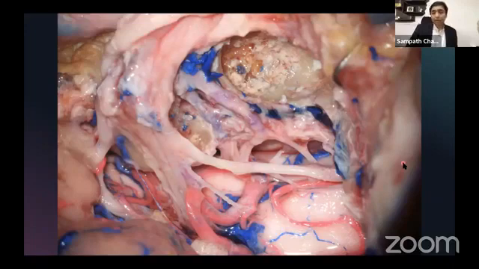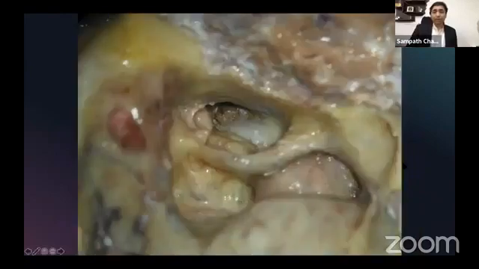Now you look at this picture here. So this is the cochlea, isn't it? Now what has been done here is that the entire hypotympanic bone has been removed, which is a part of the tympanic bone, isn't it?